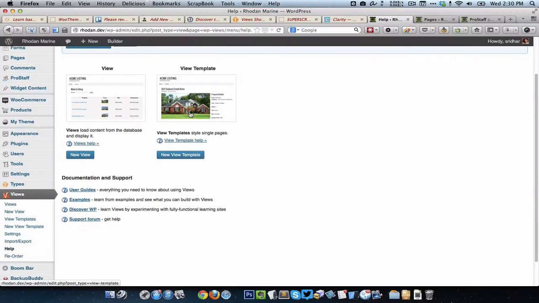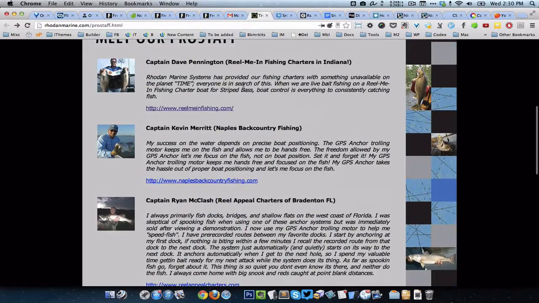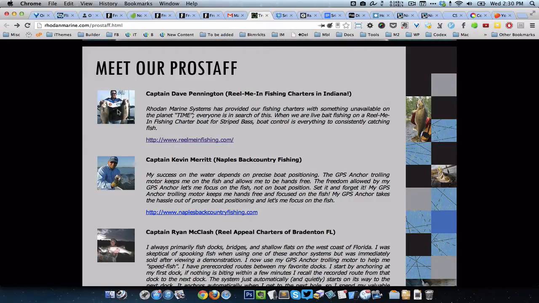Okay, so there are primarily two components in Views. One is called View, the other is called View Templates. We can consider view templates as individual small subroutines, like a template that we use over and over for each entry in a list of posts. So let's say in our case I have entered 6 or 7 staff members, right? So for each staff member, I want the title, the image, and the text and their URLs in this format. Since each thing is a repeatable pattern, I'm going to create a view template for this.